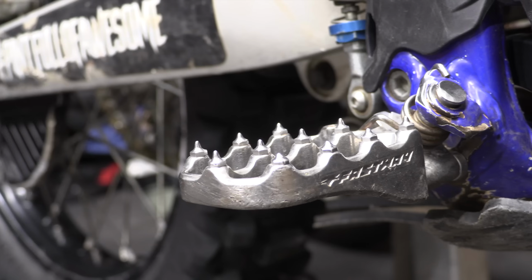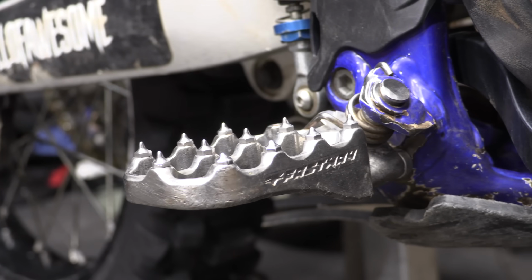They look to be a little bit cheaper, and they have some of the same characteristics that we're looking for here in these lowered bars. The second part that I immediately noticed an increase in my comfort on the bike, which led to speed and performance, were the Fastway Evo 4